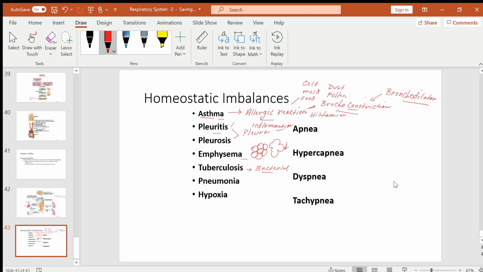Okay, so this bacteria loves the lung tissue, but the